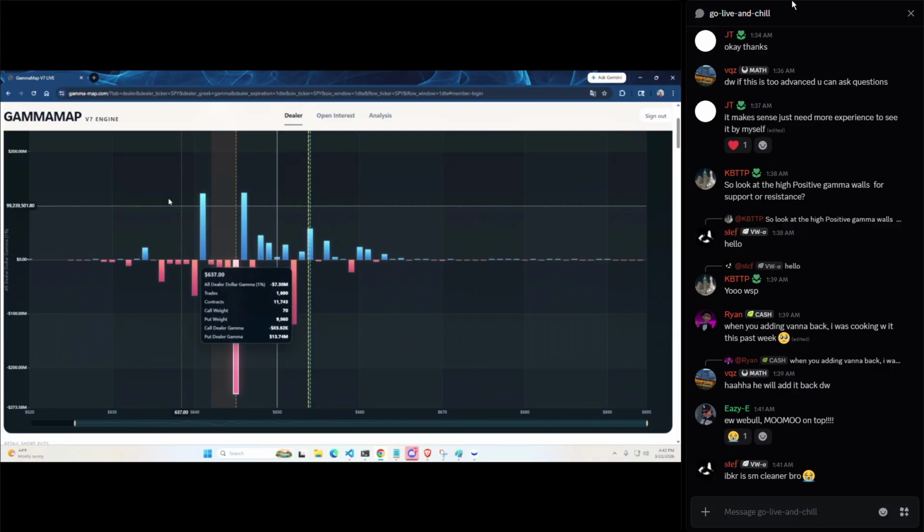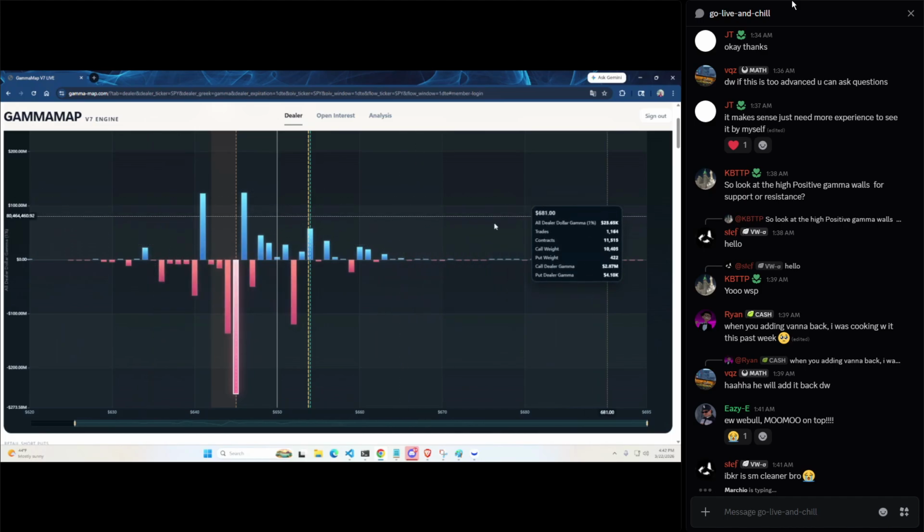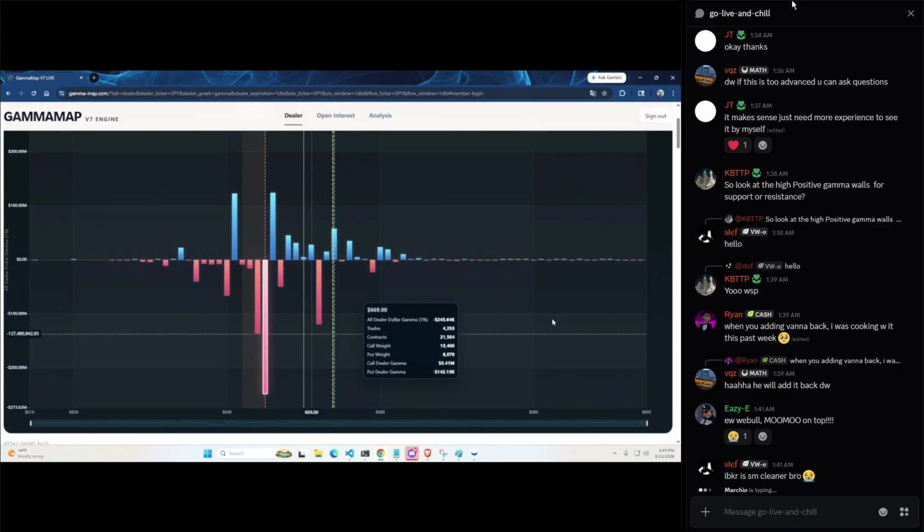If I see a bunch of positive gamma below and negative above, I'm probably not going to sell my put credit spreads until we get further down and let the price just sell off. But if I start seeing bullishness, then I can play it that way. So the point is, you just kind of have to watch. It takes time to practice. And yes, I will add more Greeks to help.